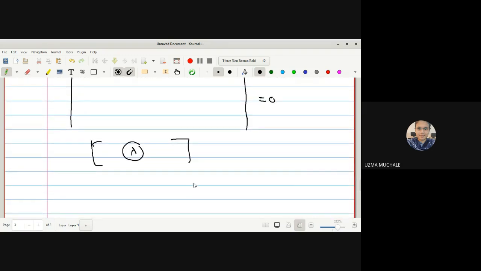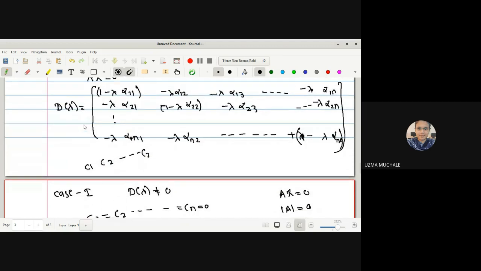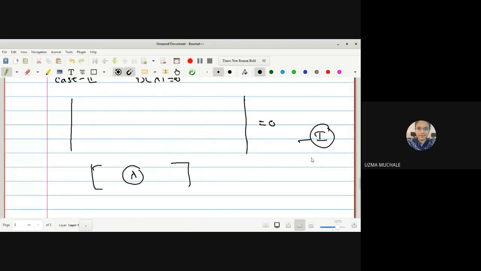So for that, whatever equation we are obtaining, let me rename it as equation 1. Whatever the coefficient matrix we have, the same matrix we have to write down here and find the determinant, equating to 0. So we get one equation in terms of lambda. Assuming the degree of lambda is m, which is less than or equal to n. If all the values are non-zero, then the degree of lambda is n. And if some terms are 0, the degree of lambda will be m.